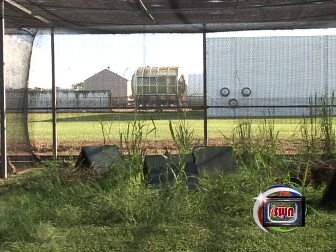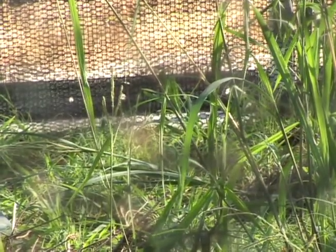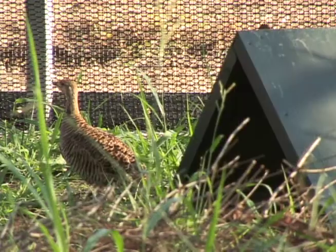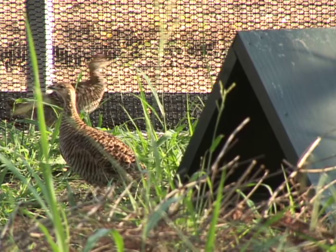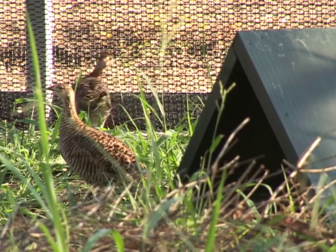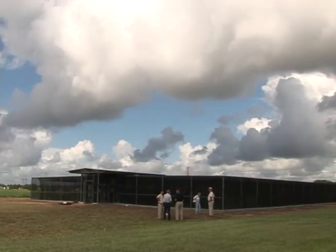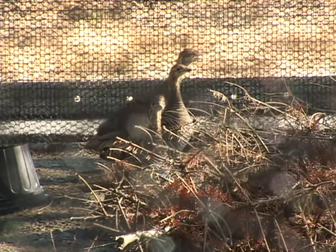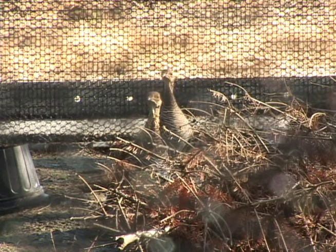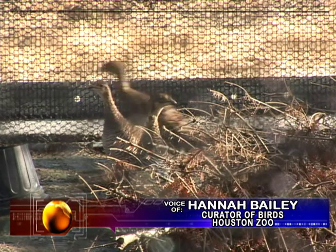The first thing is that we're growing some prairie grasses in the cages for them to hide behind and nest in. The other thing is that it's a lot quieter here than it is in most other places, especially in the middle of the medical center in Houston. The other thing that makes this a very comfortable habitat for them is the prairie on one side of them, so that they get a very natural view from the back of the pens. This year we had a lot better egg production and hatchability and got more chicks than in the previous few years, and we attribute that in large part to having a lot more quiet